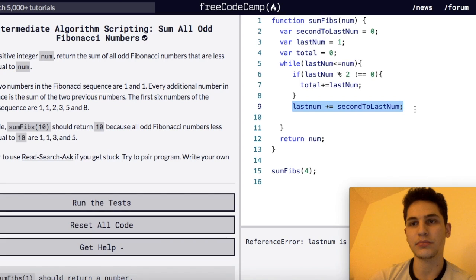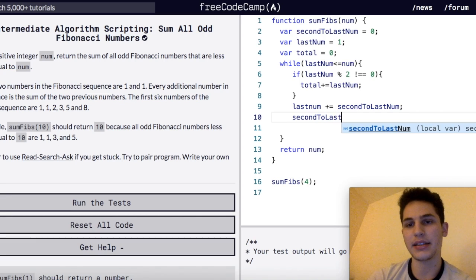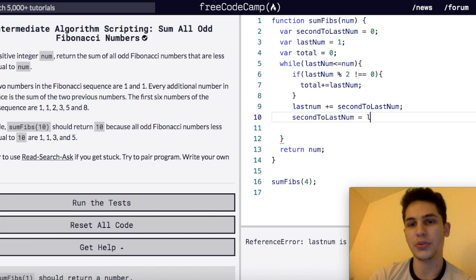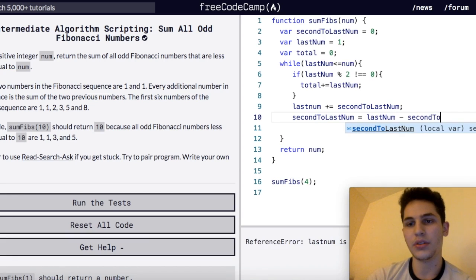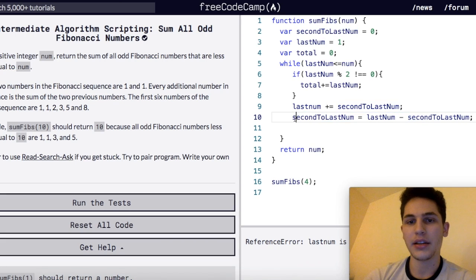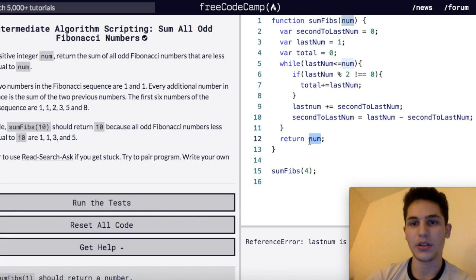So secondToLastNum is going to be equal to lastNum minus secondToLastNum. Okay. So this secondToLastNum is going to be equal to what lastNum was before we added it to secondToLastNum, before we did this operation here. So then we can return total,